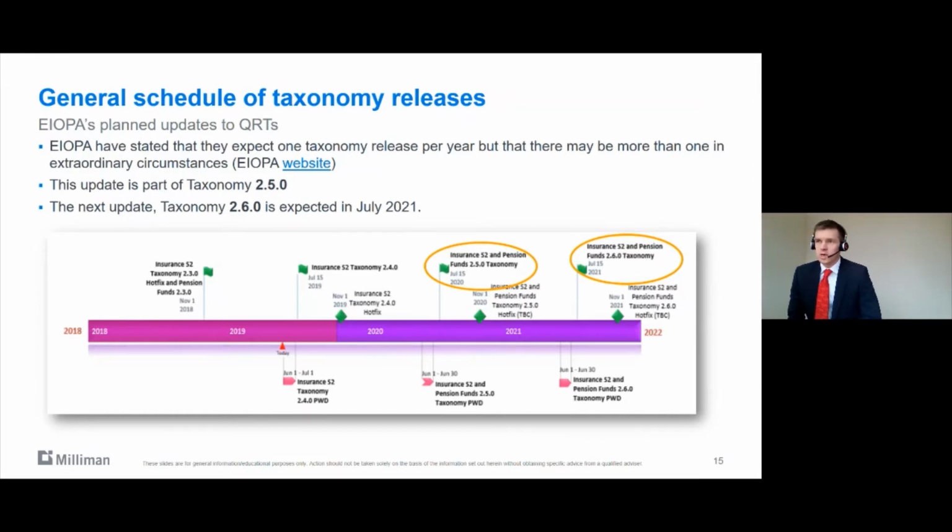And you'll also note that there is actually a new taxonomy scheduled, 2.6.0, maybe in the middle of next year. So if we are implementing some changes around those level 3 guidance on information communication technology, it might be a timely time to also put in those other taxonomy changes. So that just remains to be seen what does come out of that. So in terms of taxonomy 2.5.0, that will be live for this year end.